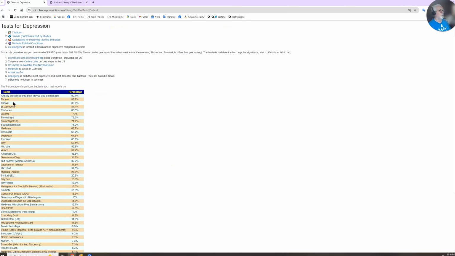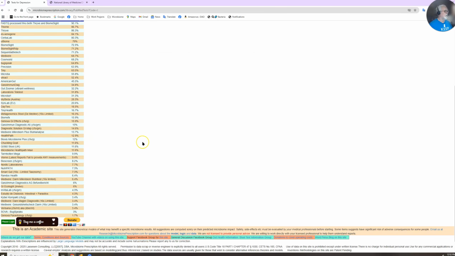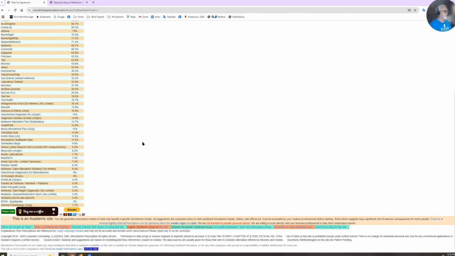Okay, remember we have a whole list of different bacteria identified. How many of these are identified on the test? Well, we have 405, about 86%. We have monocyte down to 72%, so it doesn't identify as many of the bacteria known to be factors. So you can go on down the list and take a look at some of the ones if you're dealing with depression. Just basically don't give you very many of the tests.